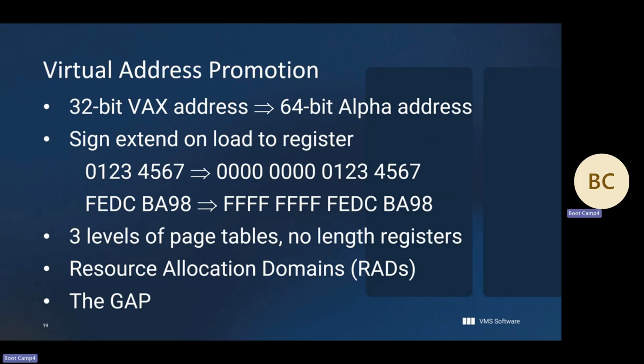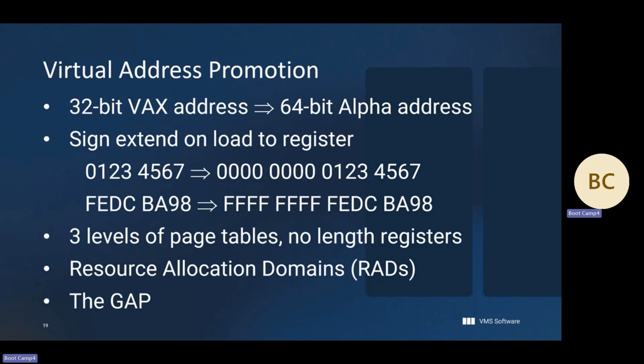So this here sign extends that top 0-bit to this 64-bit address. That would be a process space address. This sign extends the high bit. Here is a system space address. That was crucial to the VMS development because we didn't have the resources to write a 64-bit operating system de novo. I wish we did. I wish we still do. But it permeates a lot of things that we still have.